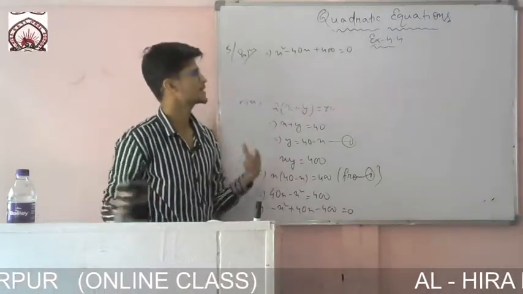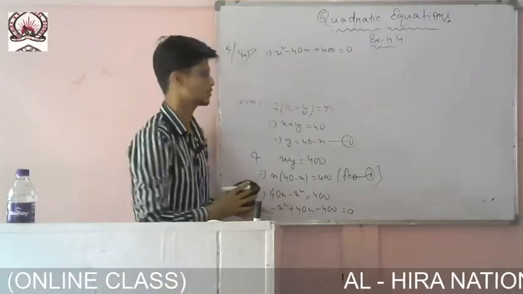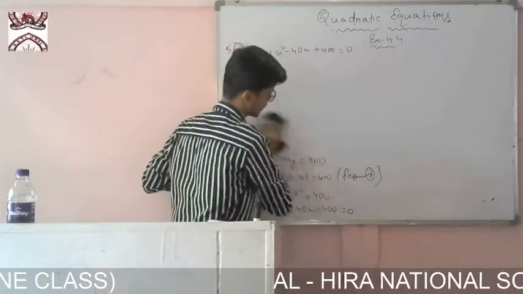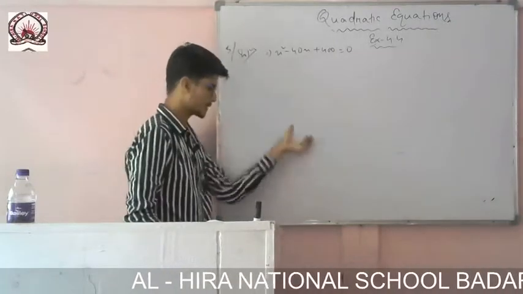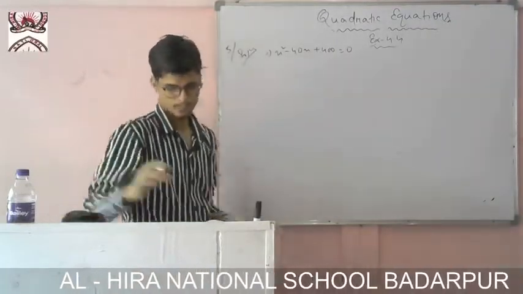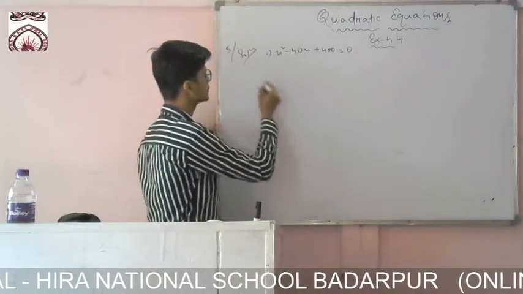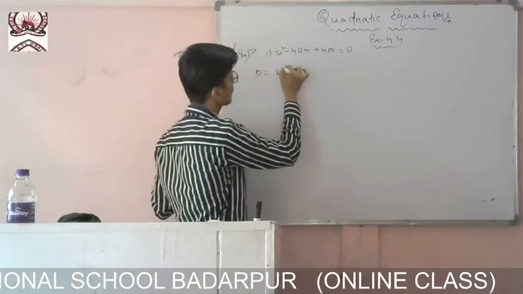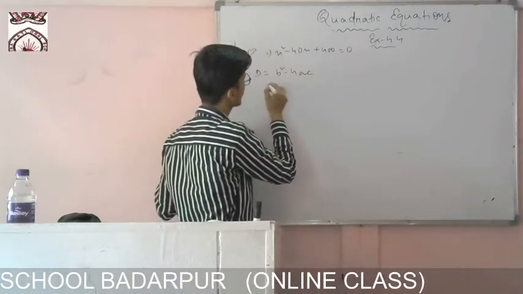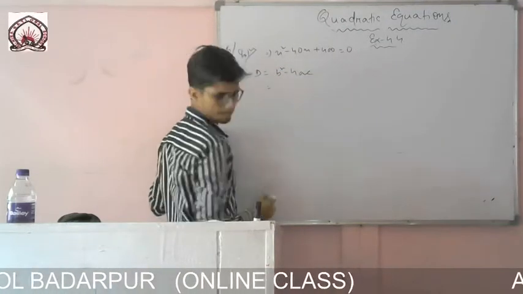So first of all, let me check actually. If it is possible, then we will find the root. If it is not possible, then this much it will be over, because it will be lengthy if I just directly go on finding. If it doesn't come, then everything will be waste, no? So let me find directly. Therefore d will be equals to b square minus 4ac. So b, what is it?